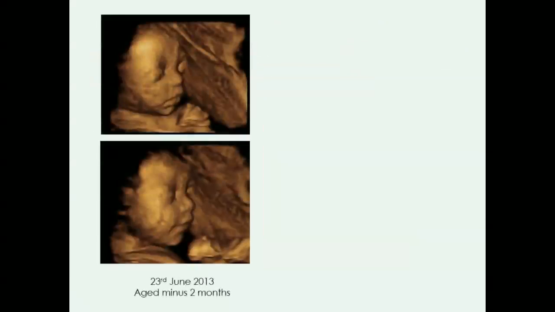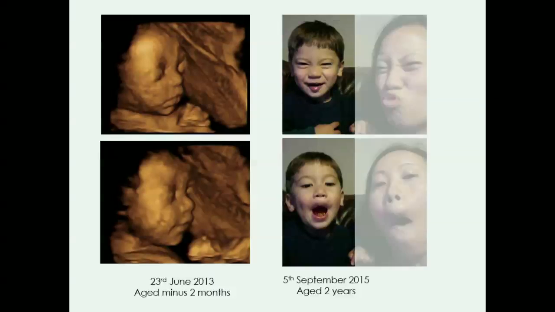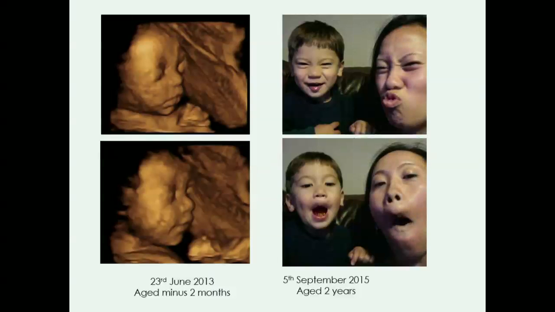So, just to illustrate the importance of early life environment, this is my nephew, aged -2 months. And then this is him aged 2 years old, and one of the things we might ask is, why is he making those stupid faces? And is there something terribly wrong with him? And the answer is no, it's just that his mother's also making very stupid faces. So, in a slightly flippant way, that illustrates that the environment you experience in early life can influence you in quite a profound way.